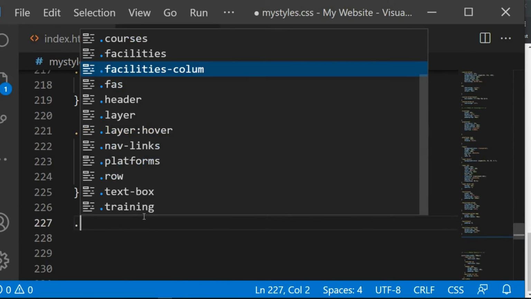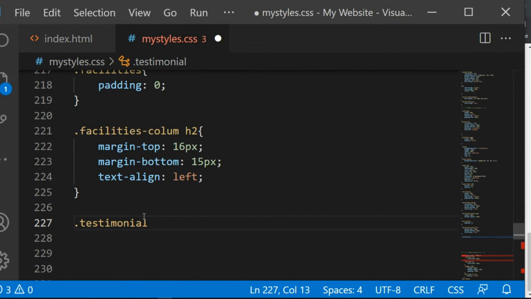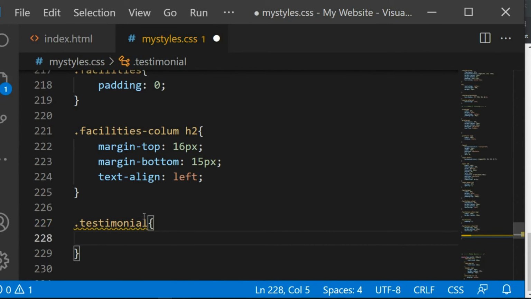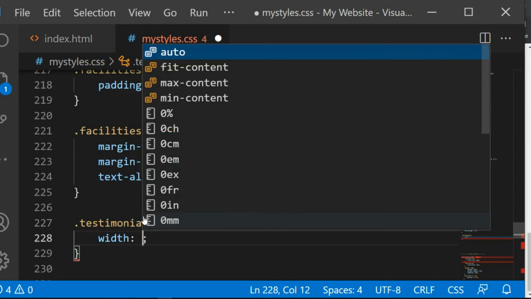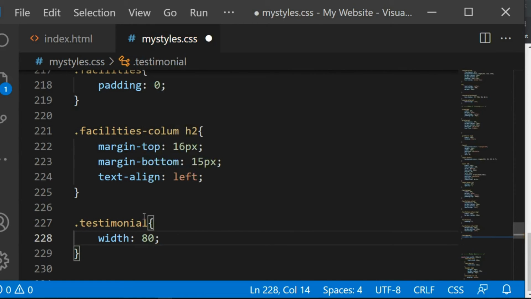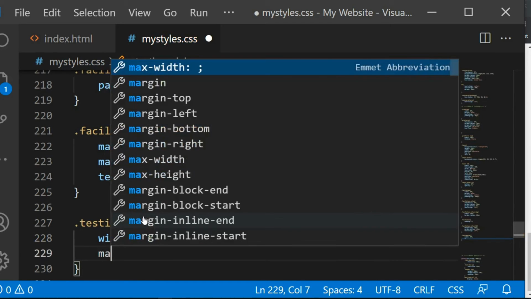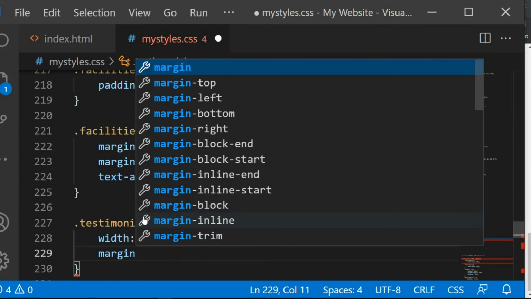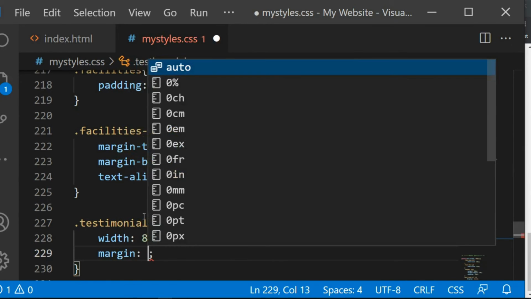So .testimonial, and then I'm going to give it a width of 80%, and then I'm going to give margin to be auto,